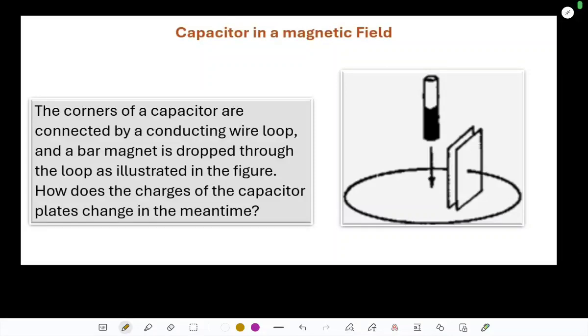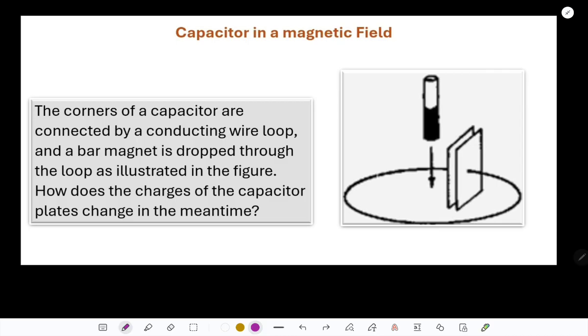And welcome again. We have another problem, and the problem is a mixed one. In fact, this time we have a capacitor in an external magnetic field. So let's read the statement of the problem. That says the corners of a capacitor are connected by a conducting wire loop. You can see it here,